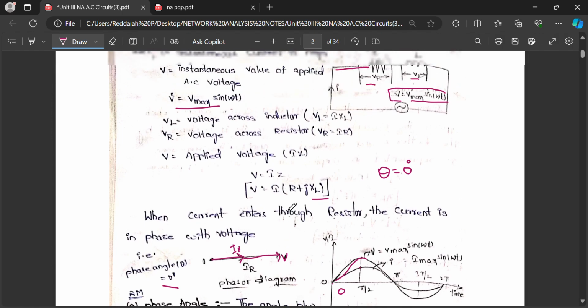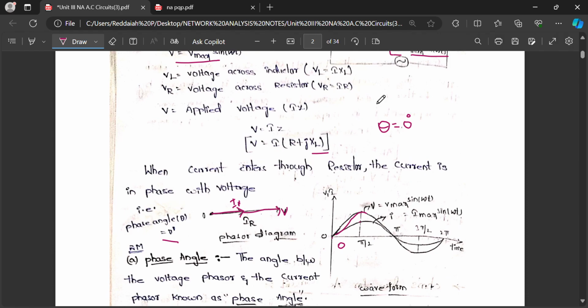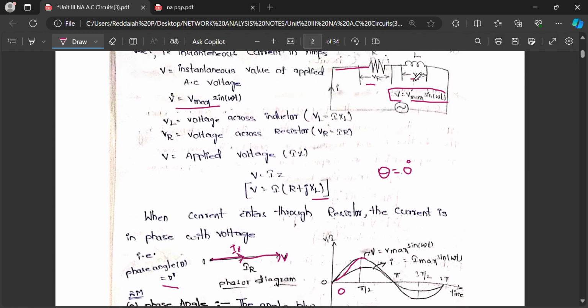This is the phasor diagram for R when current enters the resistor. When current enters the inductor, the current lags the applied voltage by 90 degrees if it is a pure inductor. Pure inductor means 90 degrees. If theta is 90 degrees, the same current will enter the inductor and it lags by 90 degrees. You can see here